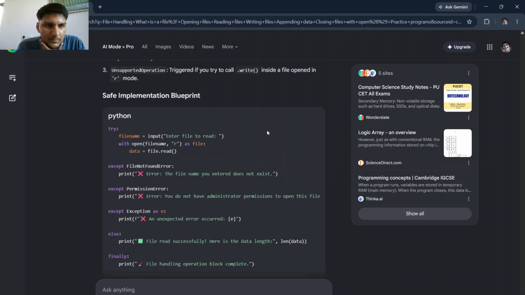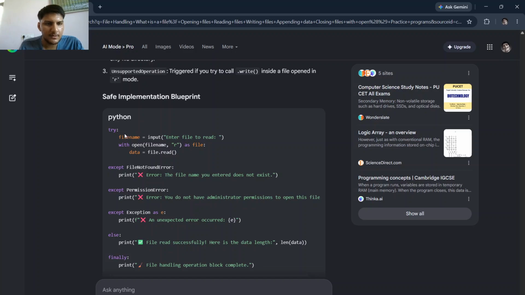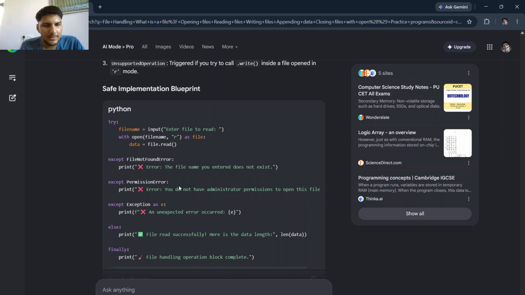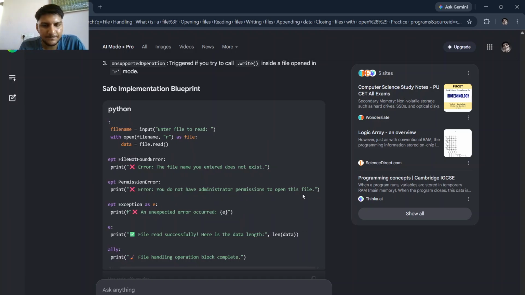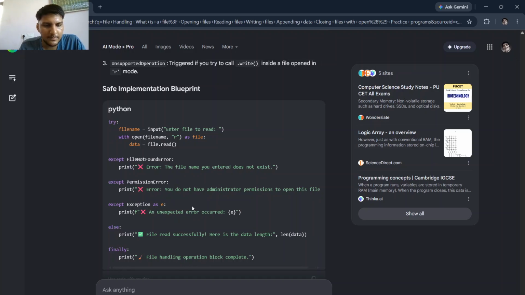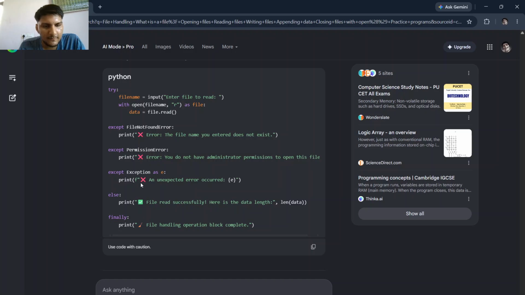So the safe implementation blueprint is given as: try, file name is equal to input, enter the file to read, with open file name comma r as file, data is equal to file dot read. Except FileNotFoundError, print error, the file you entered does not exist. Except PermissionError, if it gives a permission error, print error, you do not have the administrative permission to open this file. And except Exception as E,